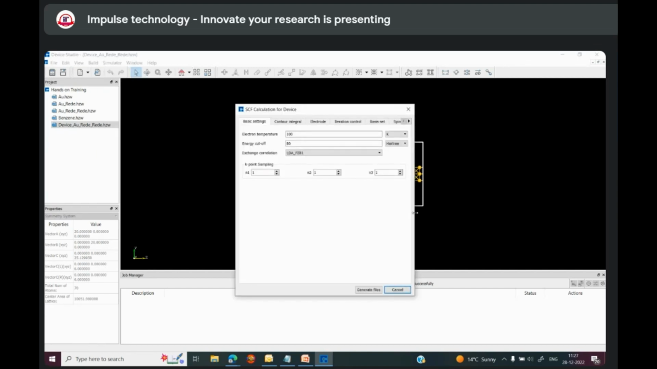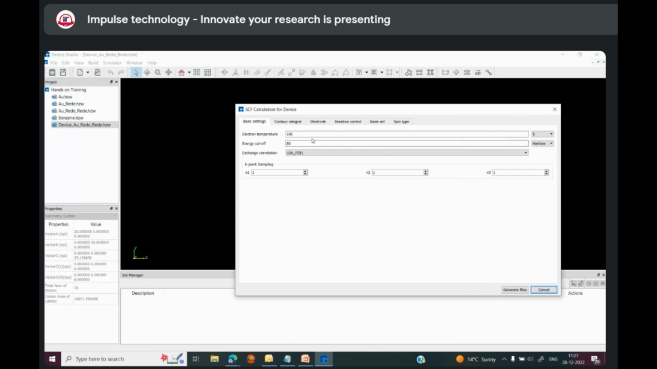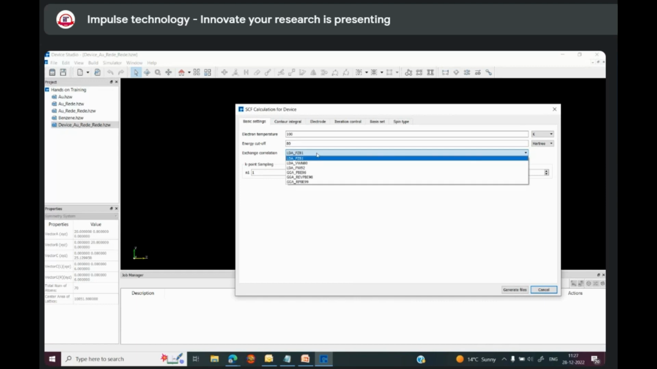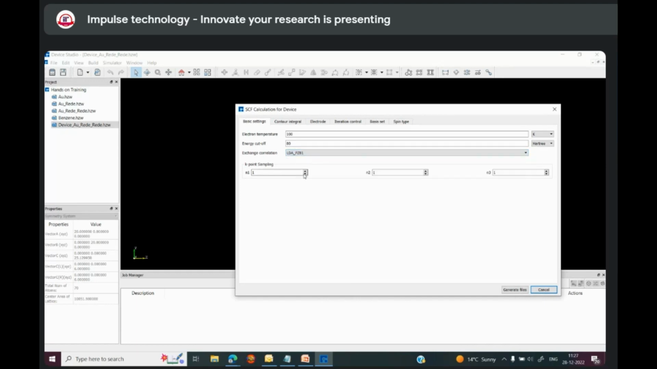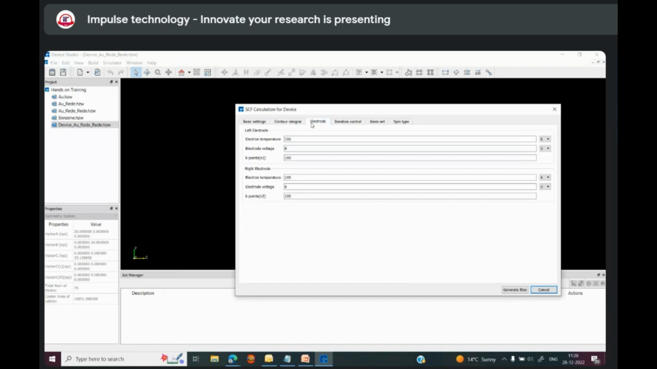So here you can define whatever parameter you want to define, like electron temperature, cutoff energy, exchange correlation function, LDA, GGA, meta GGA, and also you can change the K point sampling. This is the contour integral lower bound, circle point, and this is the electrode. This is the left electrode and this is the right electrode. This is for the left one and this is for the right electrode. Electron temperature, electrode voltage, K point,